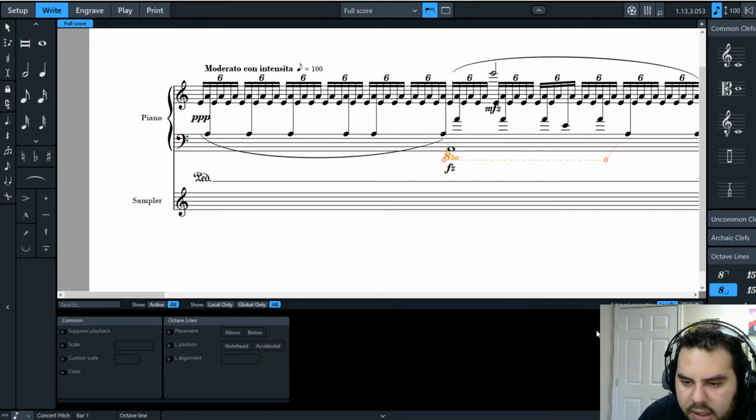Octave line. Remove. I just remove the line. Okay, that's pedal line, so that's not what we need. We want